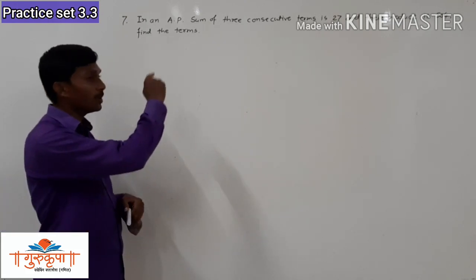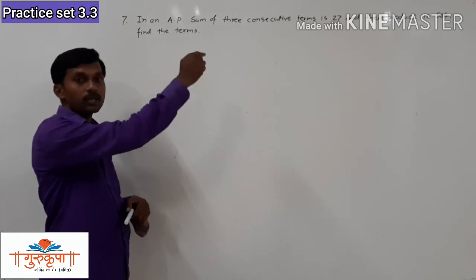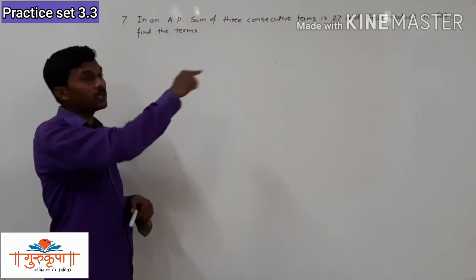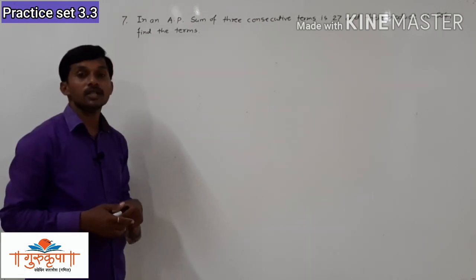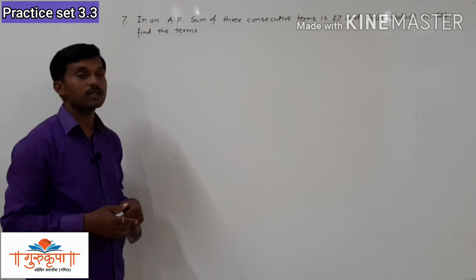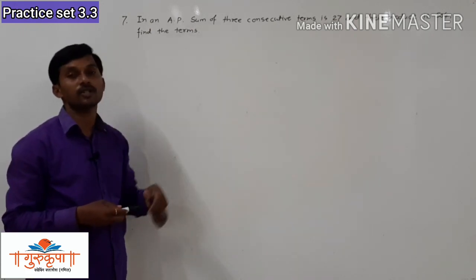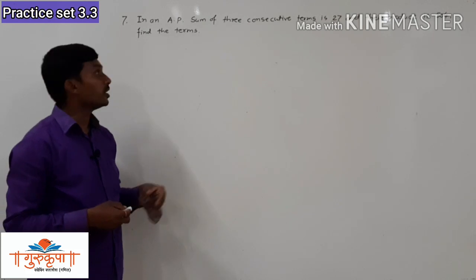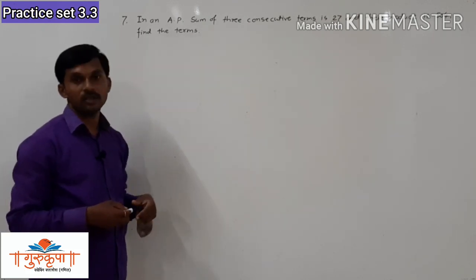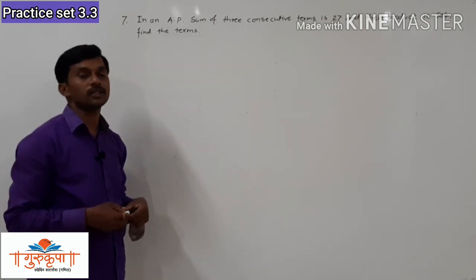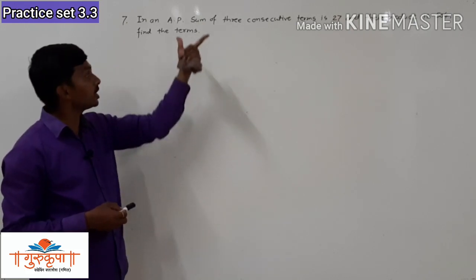This is a, a plus d, a plus 2d, a plus 3d, a plus 4d. This is the general representation of AP, and some students try to get the 3 terms from that general representation. The terms are not incorrect, terms are correct, but taking those terms